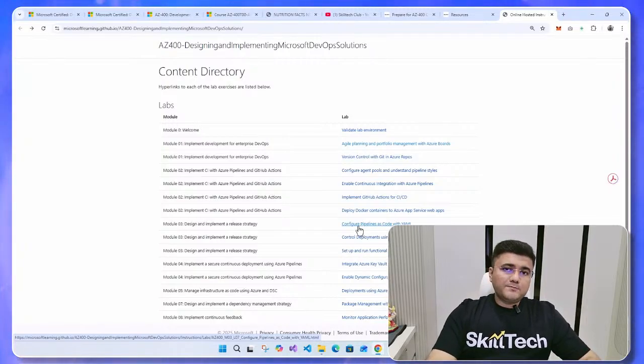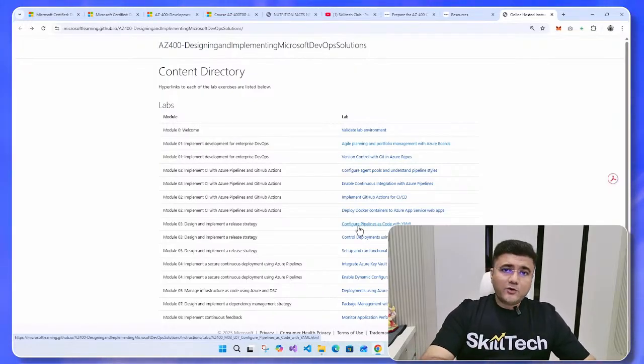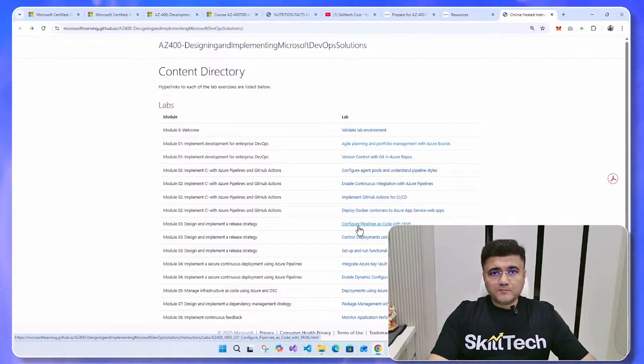Now you have one option. You can go to azure.microsoft.com, and on the homepage of that official page, you will be able to get a free subscription of Azure. You have to provide either a valid identity proof or credit card information. Based on that, you will be able to register for a free subscription. That is one option you can use to perform the labs, and that subscription will be active for almost 30 days.